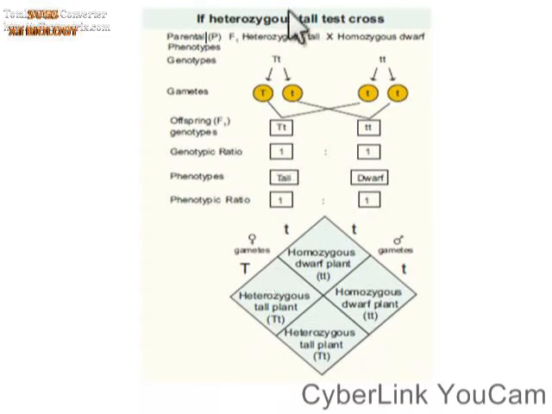Here, a test cross is made with the heterozygous tall plant. These two are the heterozygous ones, with one dominant allele from the tall plant and another recessive allele from the dwarf plant, so capital T and small t. This is how the test cross is made: this was the unknown genotype, the combination of dominant and recessive, crossed with the one that has both recessive alleles, small t. So this is the known genotype.